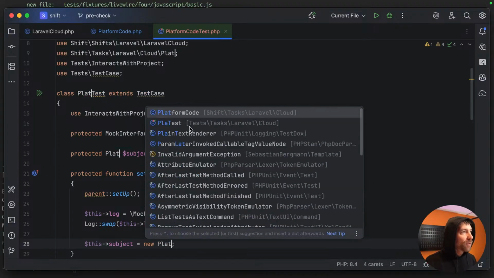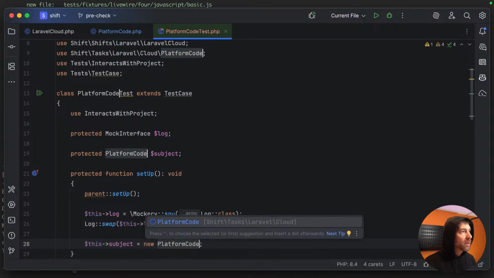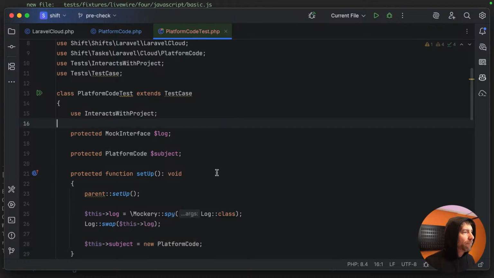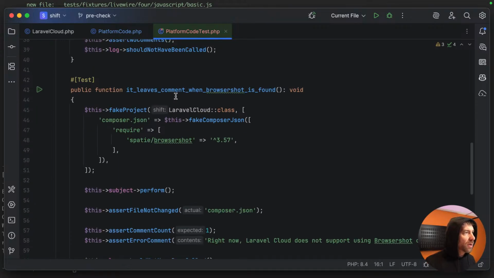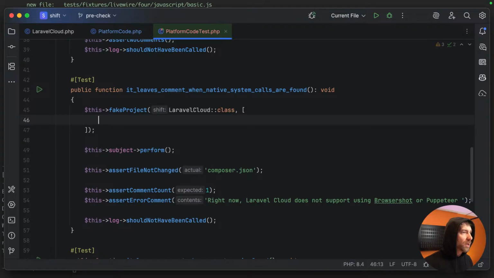This is platform code. All right, so we set this up. It does nothing when nothing is found. Nothing to do here. No comments. Log shouldn't have been called. Okay, so it leaves a comment when native system calls are found. And what I want to do here is, this doesn't really matter, so